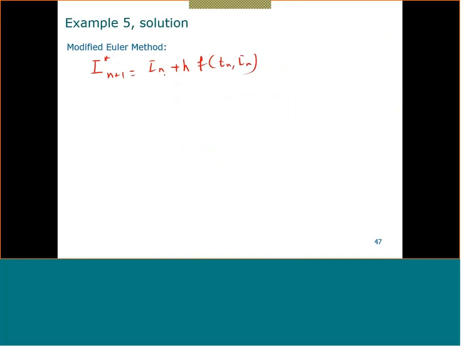We know that this is nothing but the Euler method. So your I star at point 1 is equal to 1.667. I don't need to solve this because this is exactly from the previous step. Now I need to find the corrector, which is I1, which is equal to I0 plus h,